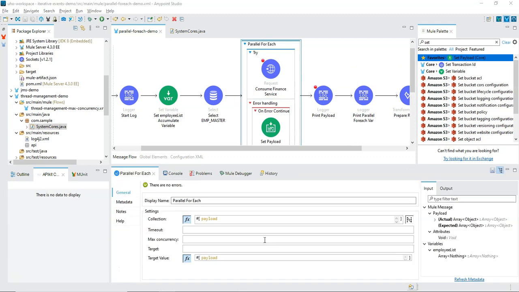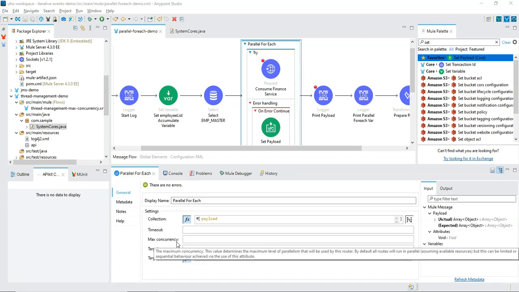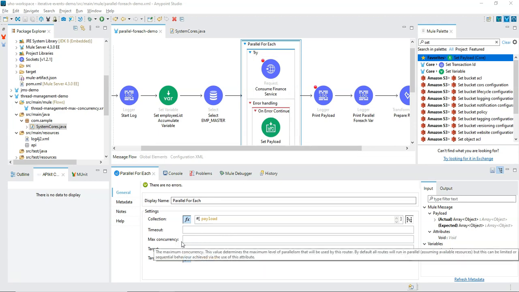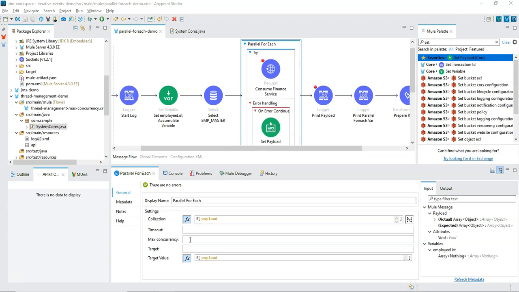Now let's understand max concurrency. Since the threads will be executed in parallel, sometimes we need to optimize the thread execution by making use of max concurrency. It especially helps us in providing or calculating the parallelism inside parallel for each.